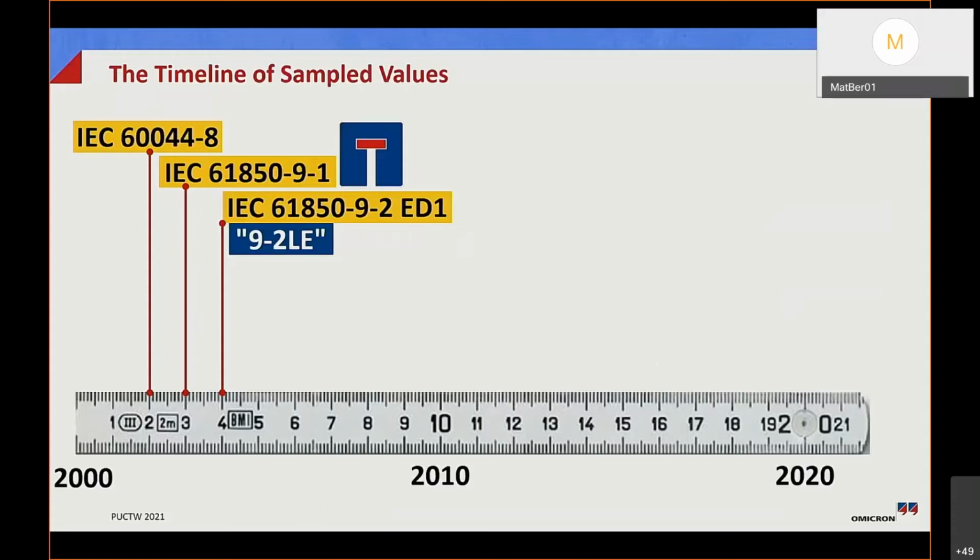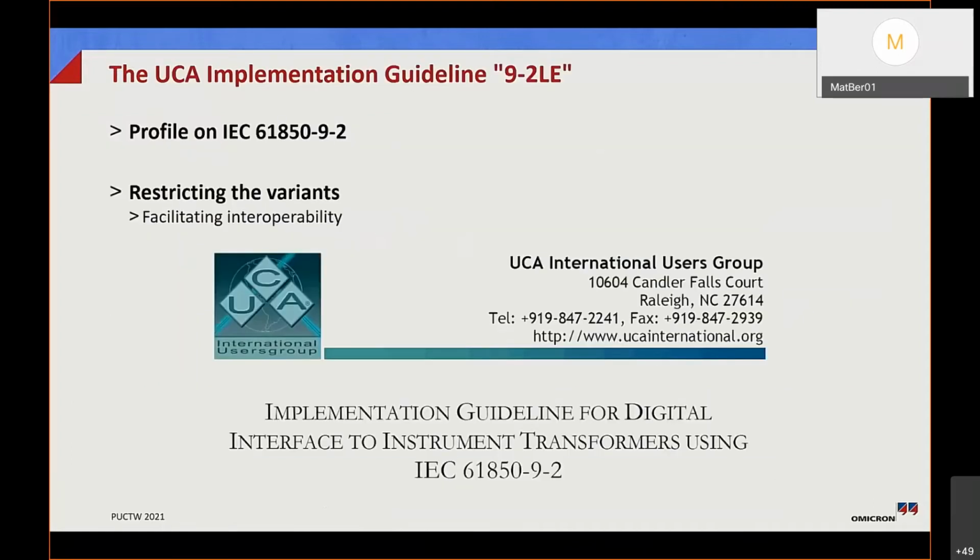Now, very closely timed to this 9.2 edition 1, there was a document released which is nicknamed in the industry as the 9.2 LE. And what was the rationale behind this 9.2 LE? It is the UCA Implementation Guideline, and it's actually a profile on IEC 61850-9-2. And the whole idea behind this profile was to restrict the variance, because the standard itself just did tell